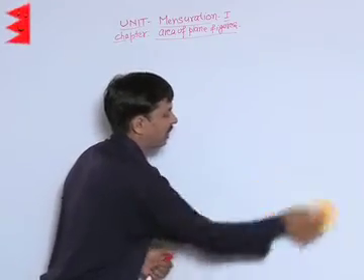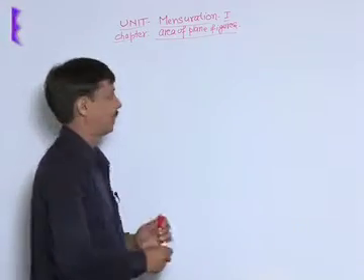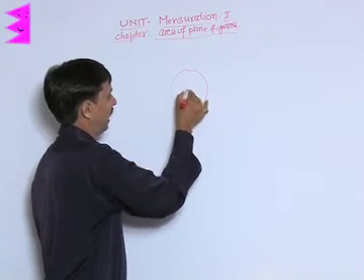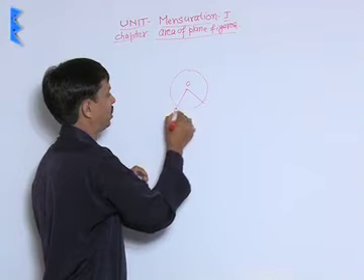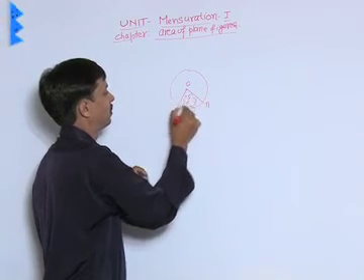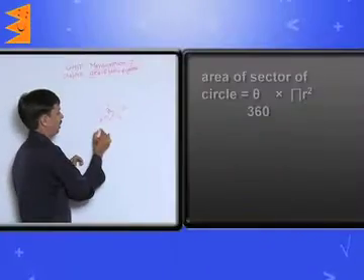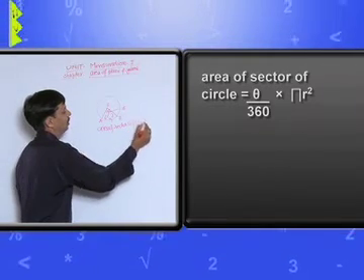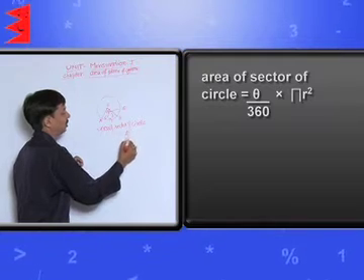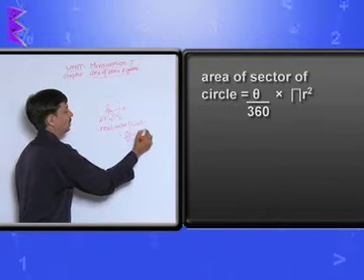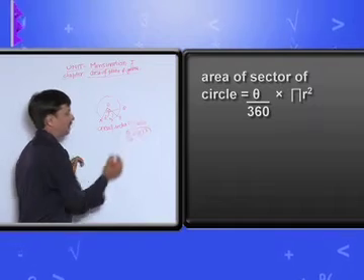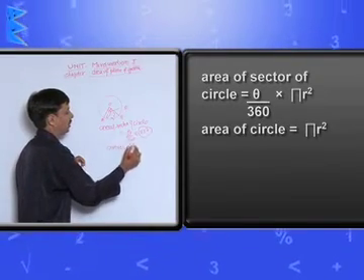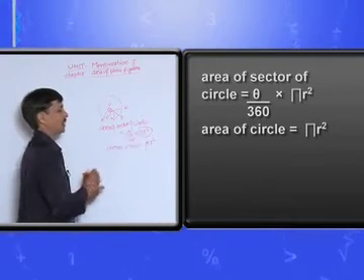In order to find the area of a sector, you need to remember this. This is a circle I am showing here, this point is O, this is A, this is B. You want to find the area of the sector, you must know what theta is. The area of a sector of a circle is given by theta upon 360 degree into pi r square. You must know what pi r square is, the area of a circle. So the area of a circle's formula you can memorize, it is pi r square.